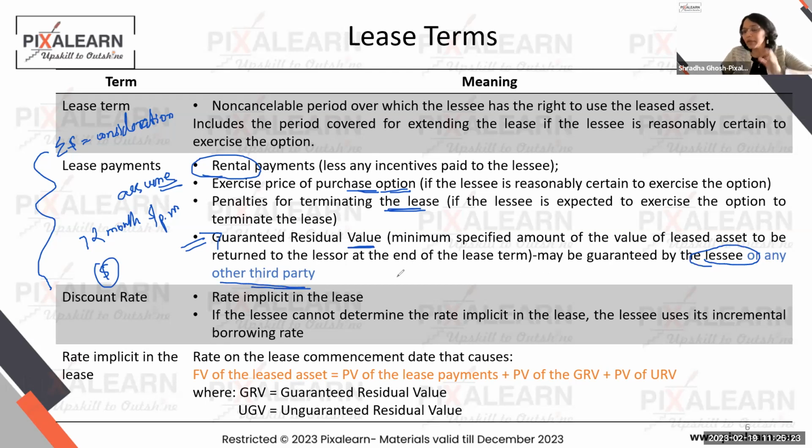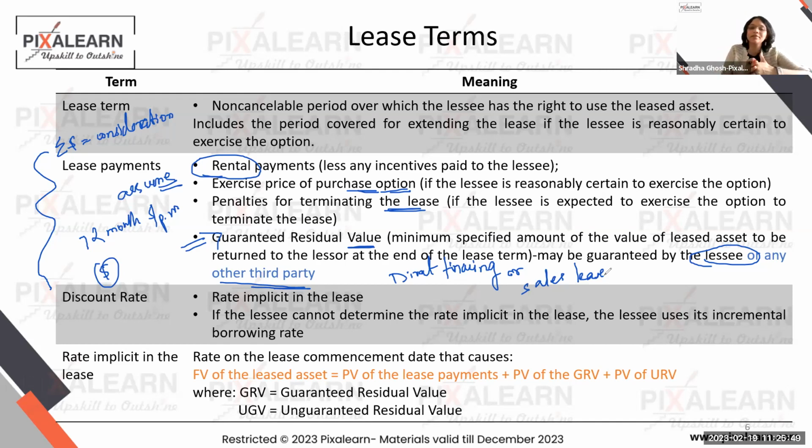And this is the biggest delta between a direct financing lease, as I told you, which is not tested a lot, and a sales-type lease. So typically it means that even when Tesla is getting into a contract with you, you come up and say, okay, this is a dollar value of the Tesla car that will go back to you. If Anirban says this, then it becomes a guaranteed residual value by the lessee.